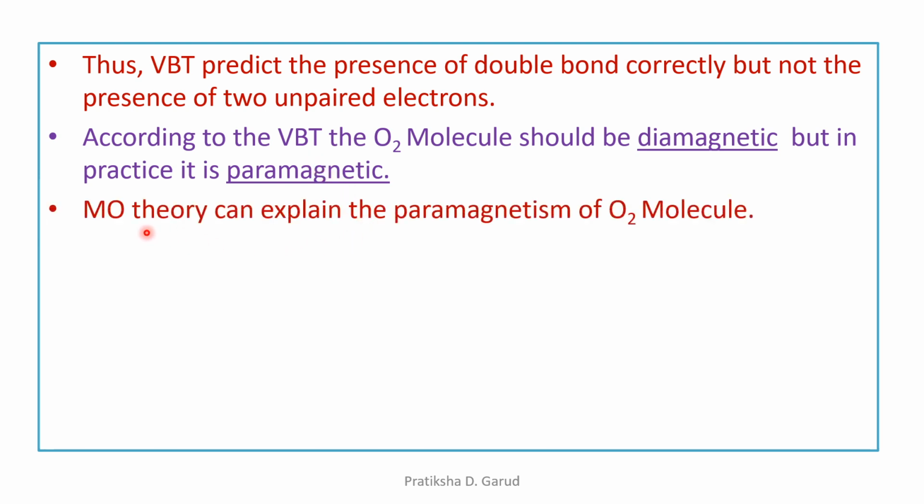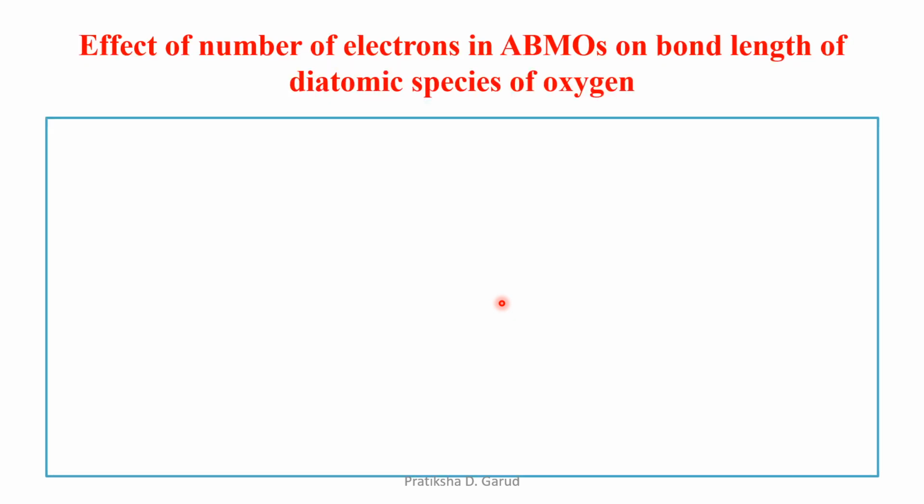Hence molecular orbital theory can explain the paramagnetism of the O2 molecule, and hence molecular orbital theory is superior to the valence bond theory, right? So this is the advantage of the molecular orbital theory over the valence bond theory. This fact is also supported by the next point. What is the next point? In the next point, we have to study the effect of the number of electrons which are present in the antibonding MOs